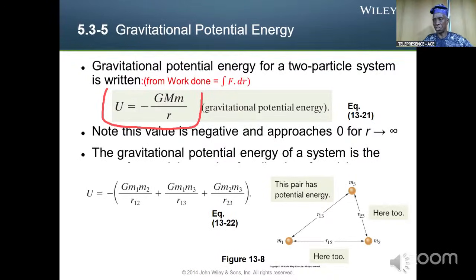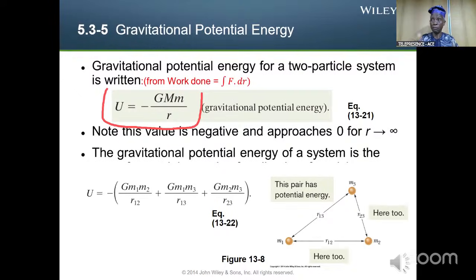Let me ask a question, try this. Minus 20 and minus 40, which one is bigger? Can you try that? Minus 20, minus 40, and 0. I give you three numbers: minus 40, minus 20, and 0. Which one is the biggest of the three? Sorry, I can't get your response from here, but you can check for yourself. Minus 40 is the least, and 0 is the biggest. So when you see this potential energy is negative,